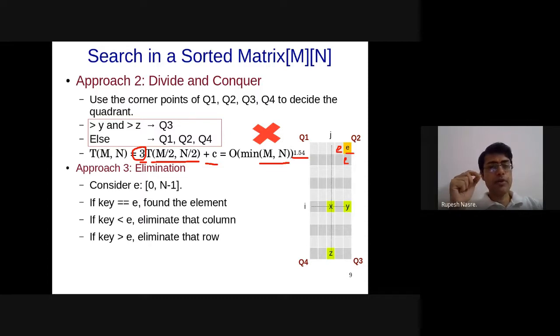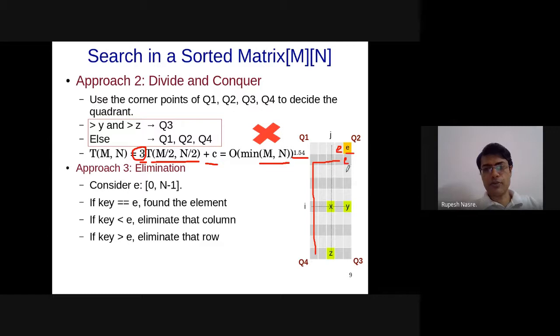That is not correct, because in the worst case, you can go all the way from here to here. This E might move like this, and then this particular algorithm might have to go deeper and deeper like this. This is the worst case.